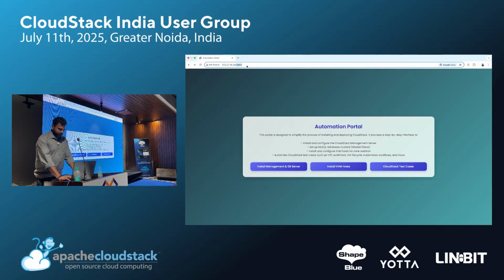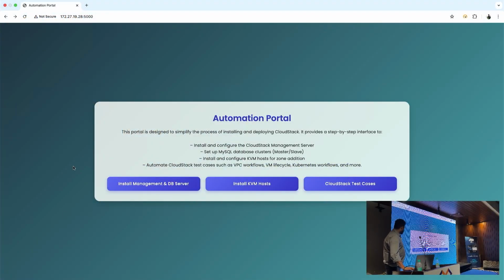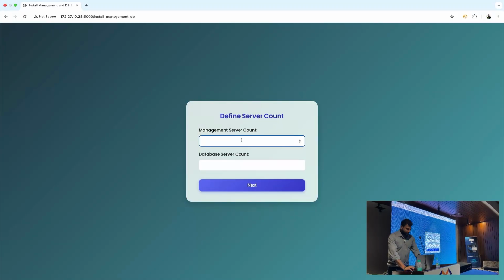So this is how the portal looks. As of now, I have just added the three components. When we click on the first one, install management server, it will ask you how many servers you have. Suppose I say that I have two management servers and two database servers. So if I say two and two, sorry,